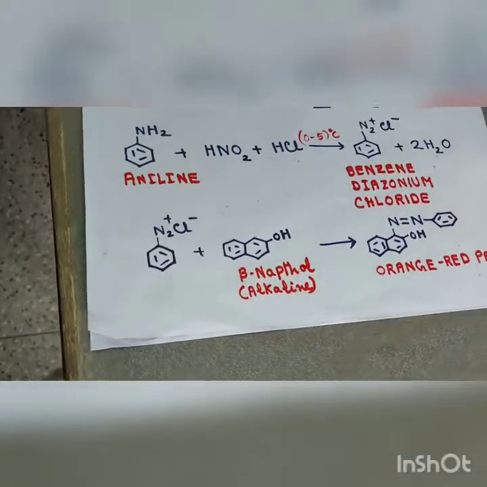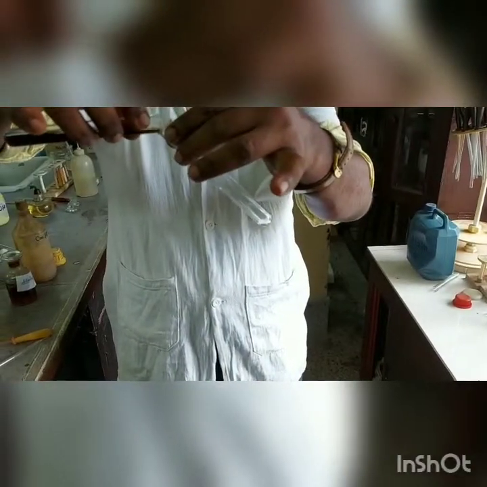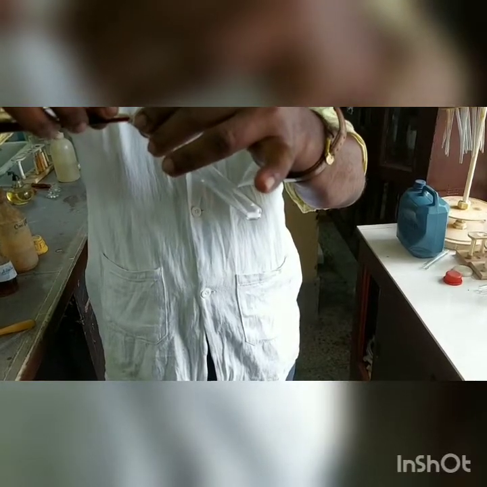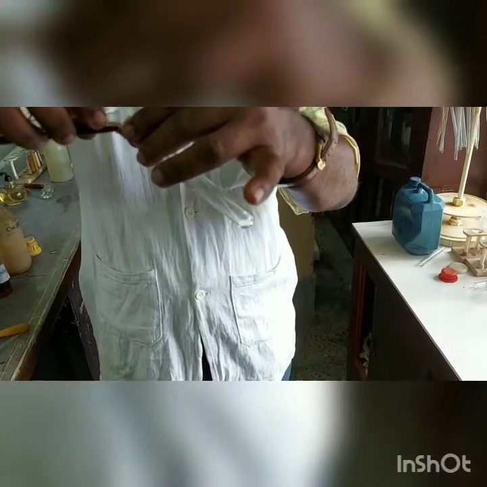Then I am going to perform the test. Less than 1 drop is enough. Just taking aniline here, an aromatic amine, a very little amount of sample. If you take it carefully, just see my hand. We will take a very small amount of aniline and transfer it here. This much in the test tube is enough to give you all the tests.